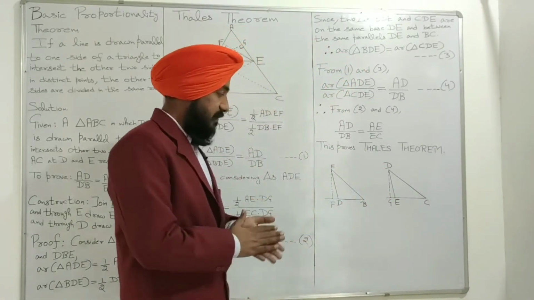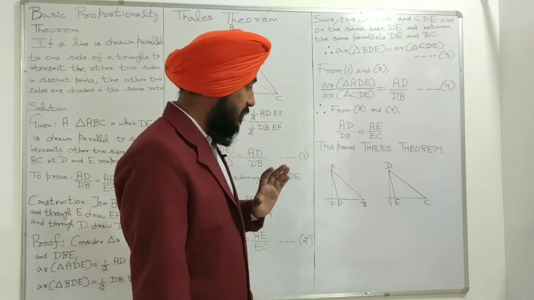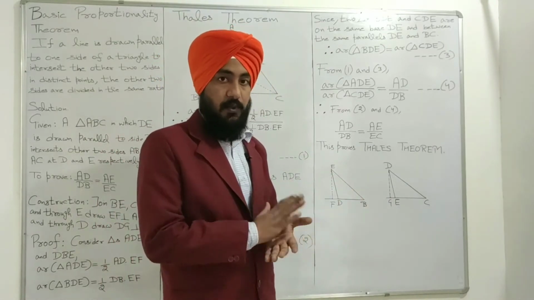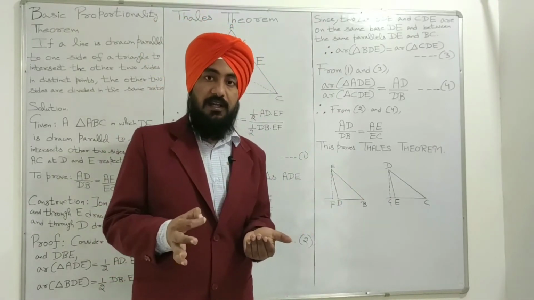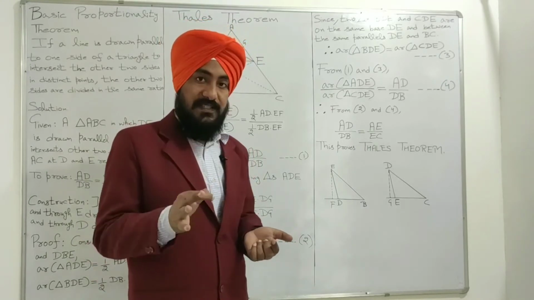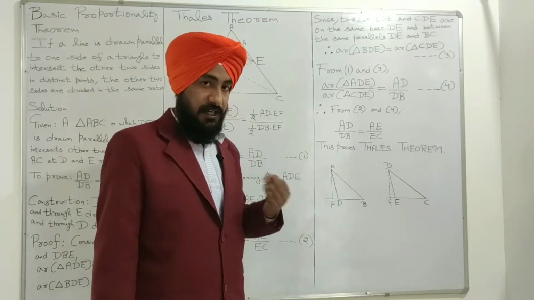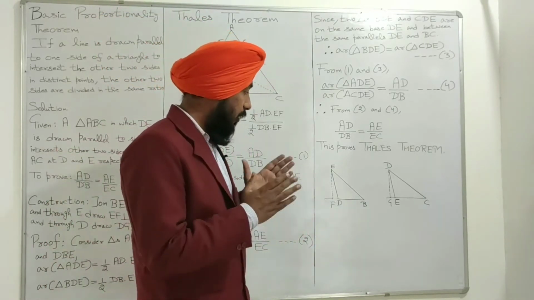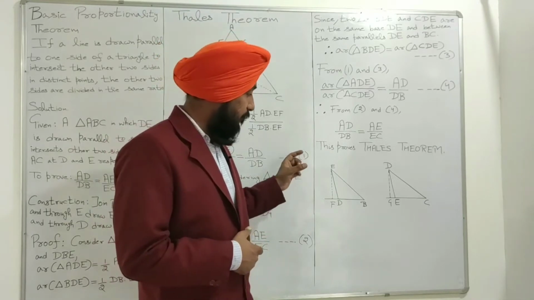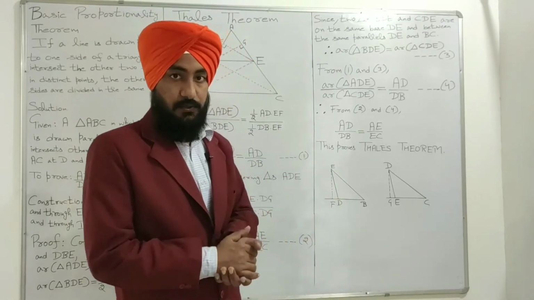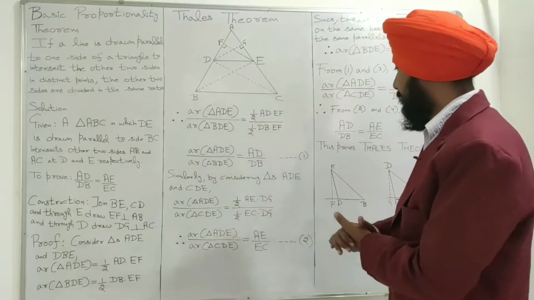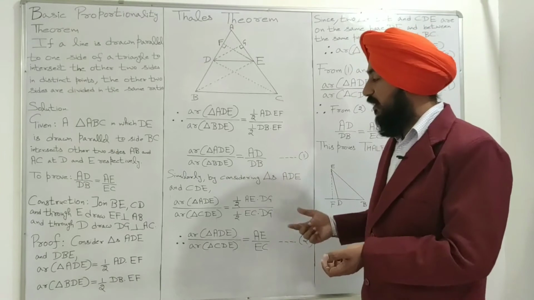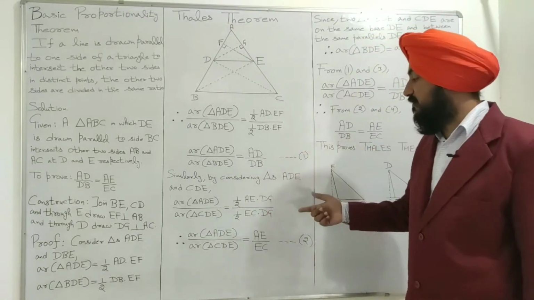The same logic which we have used here is also working in this diagram. Both these diagrams have the same logic, that we can't measure the height of an obtuse triangle inside the triangle. We have to measure the height outside the obtuse triangle. So here area of triangle ADE is equal to 1 by 2 AE multiplied by DG, and area of triangle CDE, which is 1 by 2, base is EC and DG is the height.